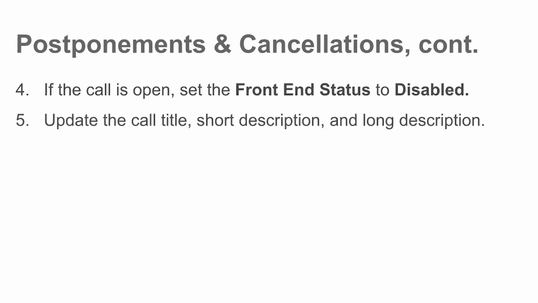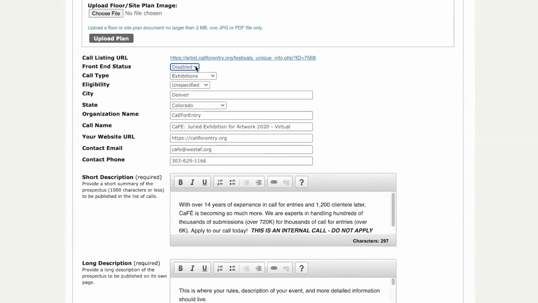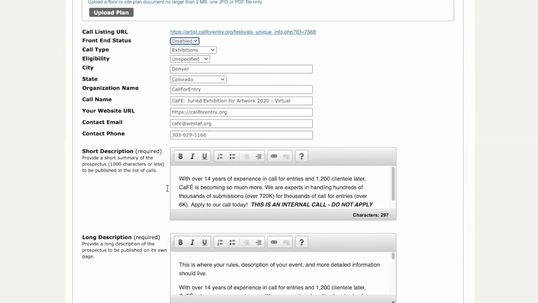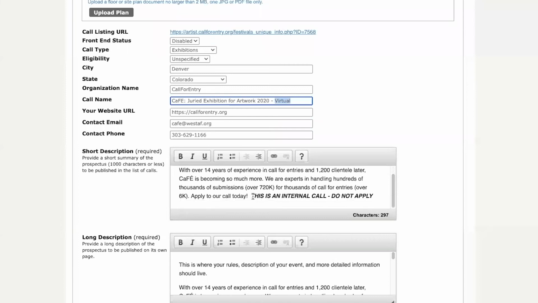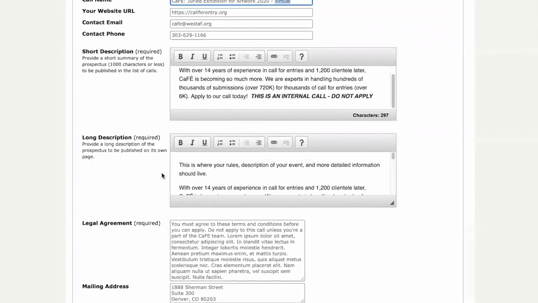So even if your call is disabled, any artists that have begun their application to the event will actually still be able to see the call details. While they won't be able to apply since it's disabled, they'll still be able to see the event, and they might be wondering what happened. So we ask that you change your title, maybe here to canceled. You put in some information at the top of the short description. You also enter information in your long description with any info about postponed dates or when a new deadline will be available, things like that. You'll just want to make sure you post it and plaster it all over your call so that artists won't get confused about why they aren't able to apply to it anymore.